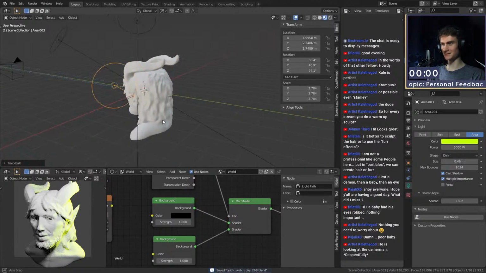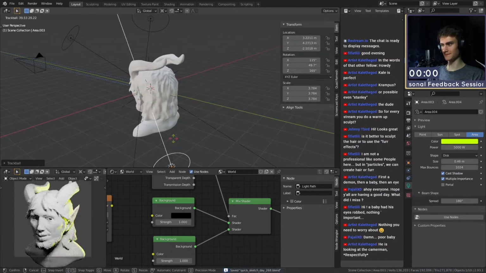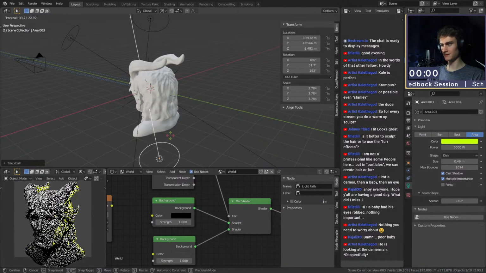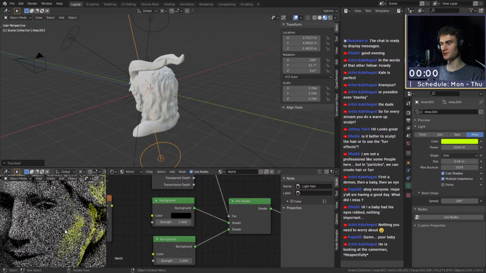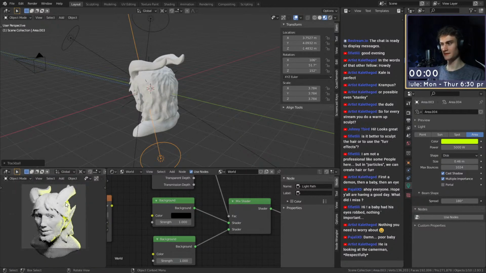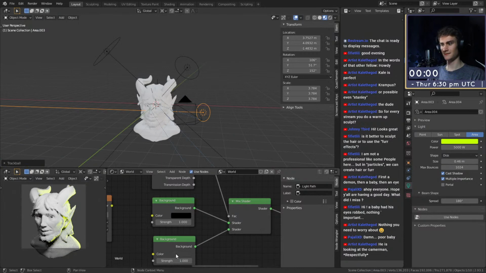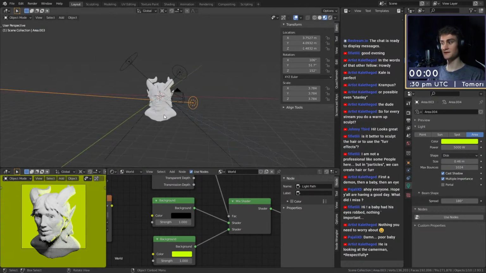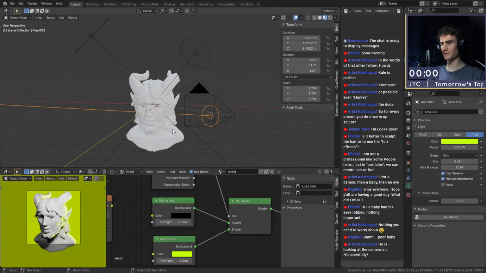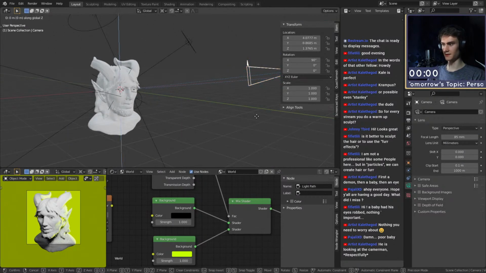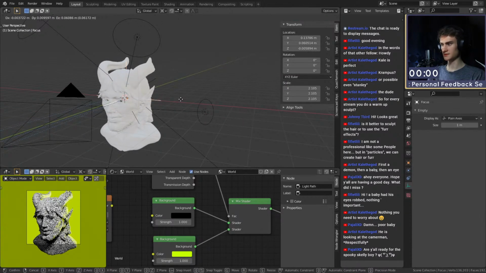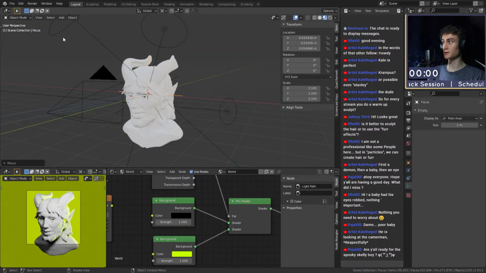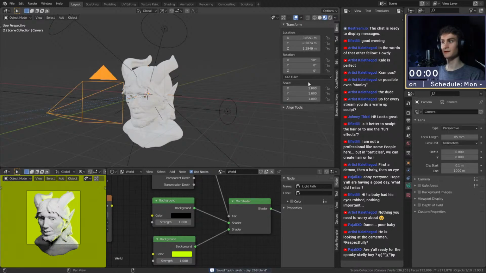Okay. Let's see where we can place the light. I guess that could work. There you go. Just see how it highlights the jaw. I mean the cheekbone. That's how you can use light to highlight some features of the character. Let me go a little bit closer. Then we can move the focus pointers a little bit higher. There you go. And then what I wanted to do yesterday, we're going to do today, which is we will